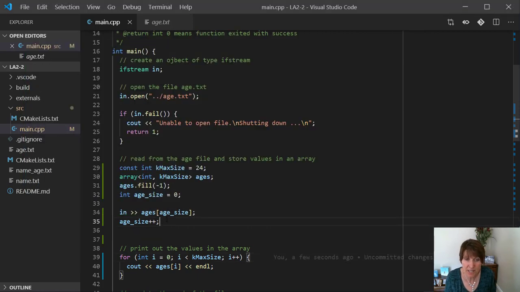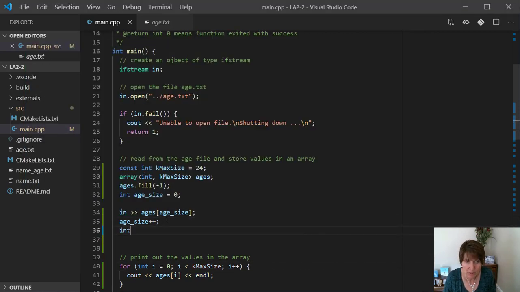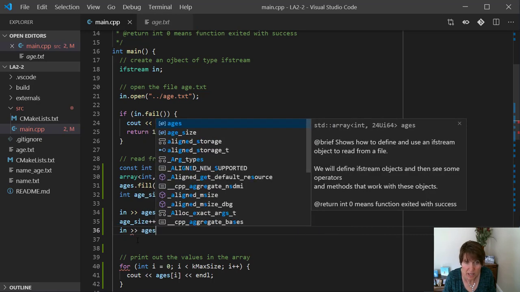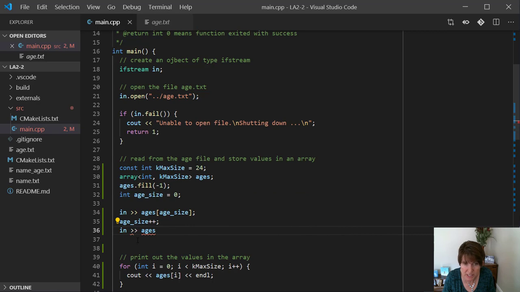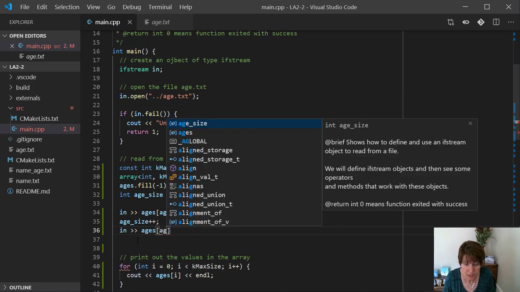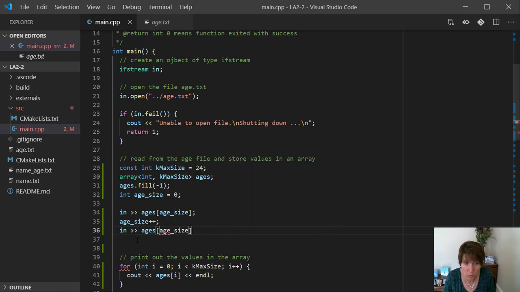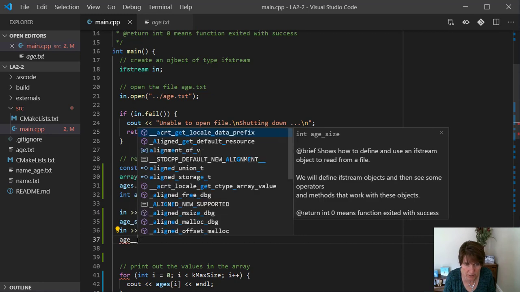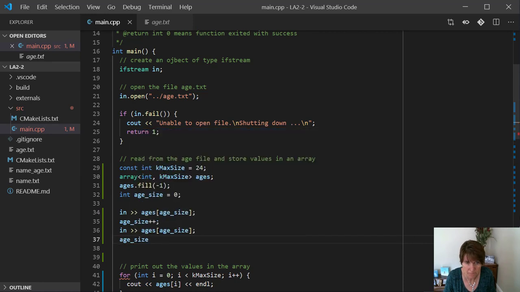So let's read another one. I use the ifstream object, in, and this time I want to read into ages, and again I'm going to do ageSize. Now that it's incremented to 1, it'll store it where ageSize is 1, and we've used that one, so we want to increment it again. And we can just keep reading, right? So after that first read,